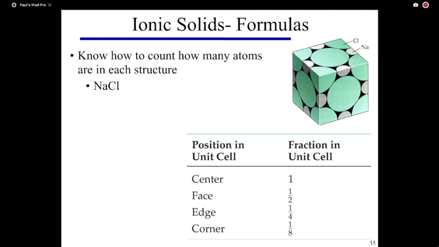Multiply 12 by 1/4. So it's 3 sodium atoms. And then if you look at the chloride, there's 6 faces. So multiply by 2, 1/2 of that. So 3 plus, since there's 8 corners, we multiply by 8, so